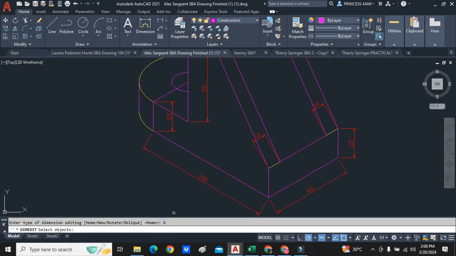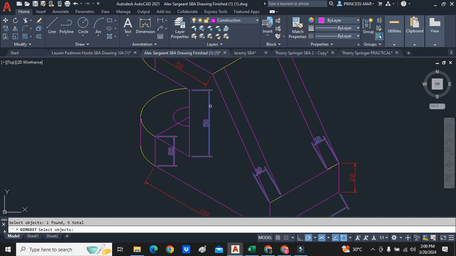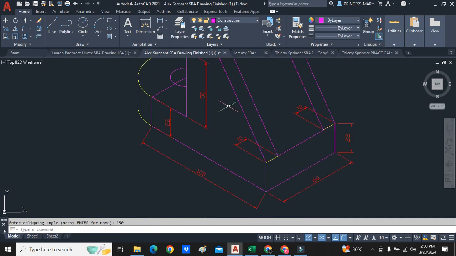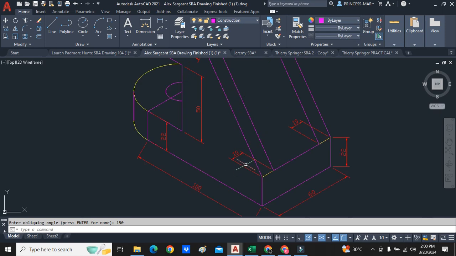We click oblique, we select 1, 2, 3, 4, 5, press enter, and we're going to put them at an angle of 150 degrees, 150, enter, and they have changed. Right? So this one here with the 10s, I don't like how these look, so I'm going to change these again, but for now,